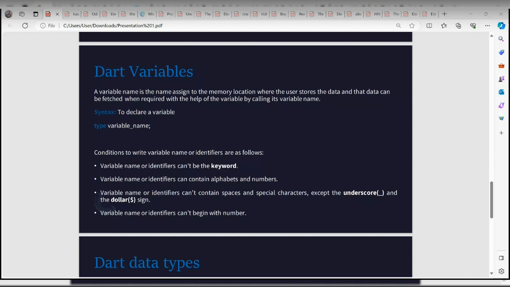Just imagine you want to save something in the bank. In some banks, you have safe boxes. You want to save maybe $1 there, and these boxes have numbers. So the box where you want to save the dollar is the variable.